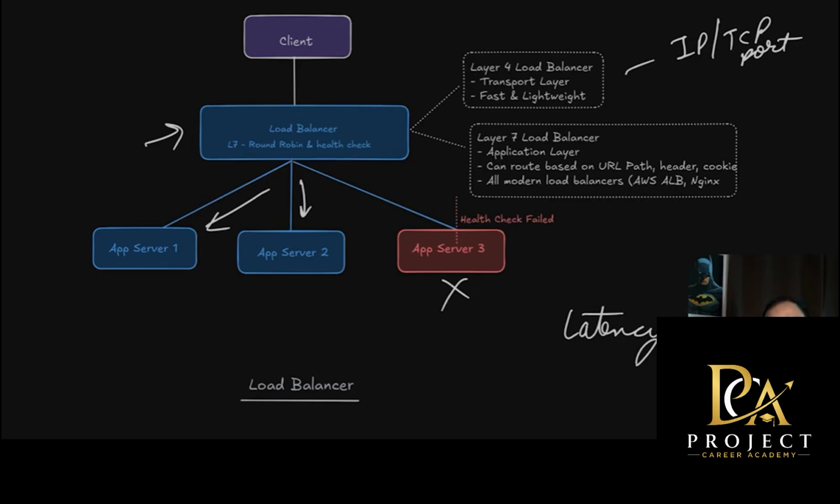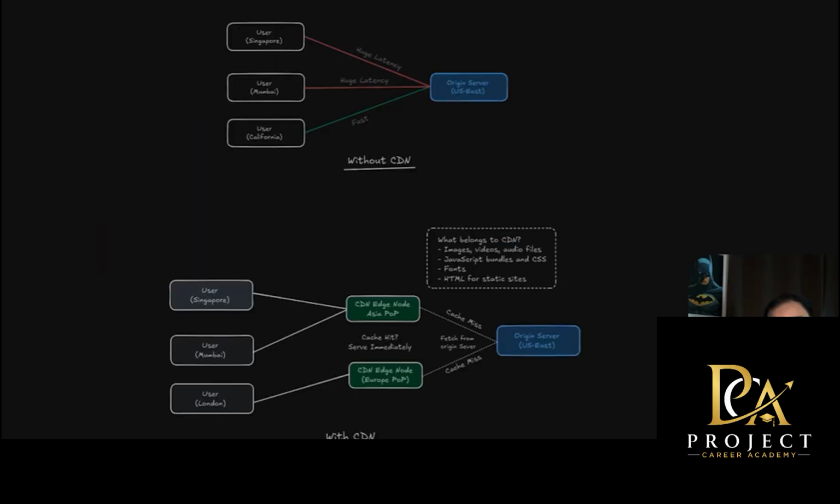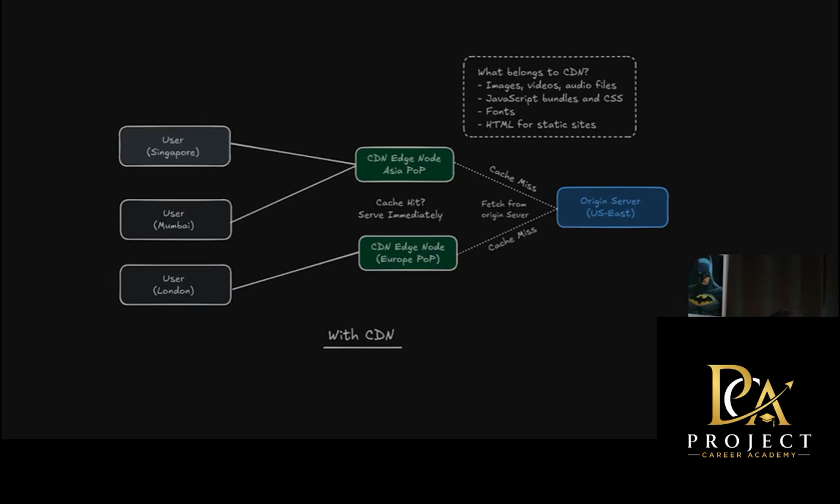So how does a CDN reduce latency? Imagine a user in Singapore is requesting an image. Without a CDN, the Singapore user will have to connect to the Texas server. The request will travel across the globe, and with a CDN, the Singapore user will probably connect to an edge node somewhere in Asia. So the content is delivered from a nearby location. It does not have to travel the entire globe. This dramatically reduces latency and improves page load times.